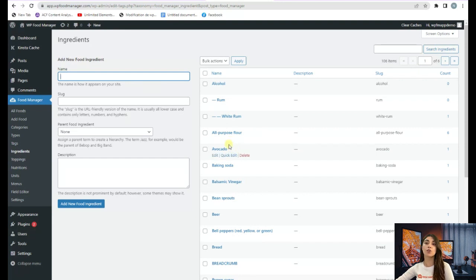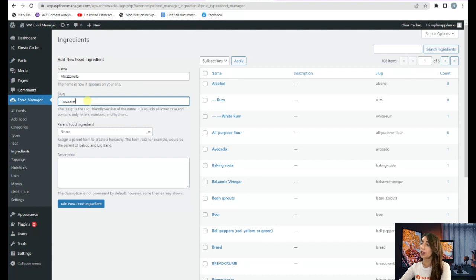And now we're going to add a new ingredient. So how we can do it? First, here you can see that we have fields to fill. We're going to fill these fields. So for example, we need to set a name for our ingredient. So let's go, for example, with mozzarella. Then we're going to write a slug